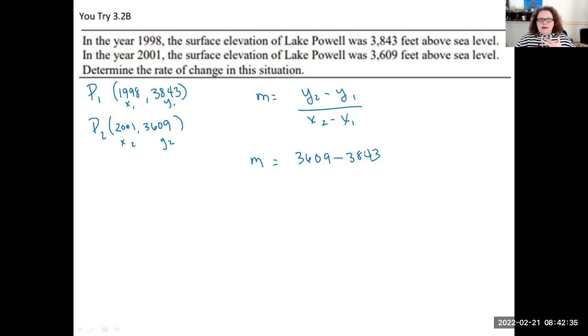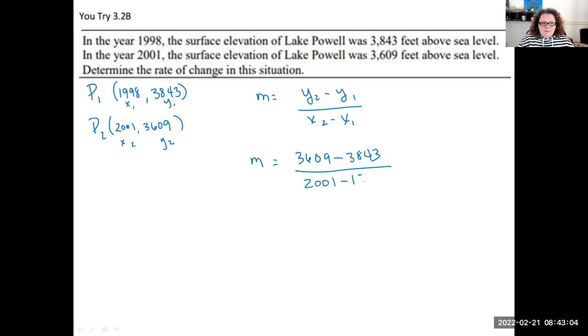But you can see in 1998 what the feet was above sea level for Lake Powell, and notice that it was higher than 3 years later. 3 years later, it's less. So it's decreasing, which tells us our answer is going to be a negative rate of change because it's going down. Okay. So divided by x sub 2, which is 2001,